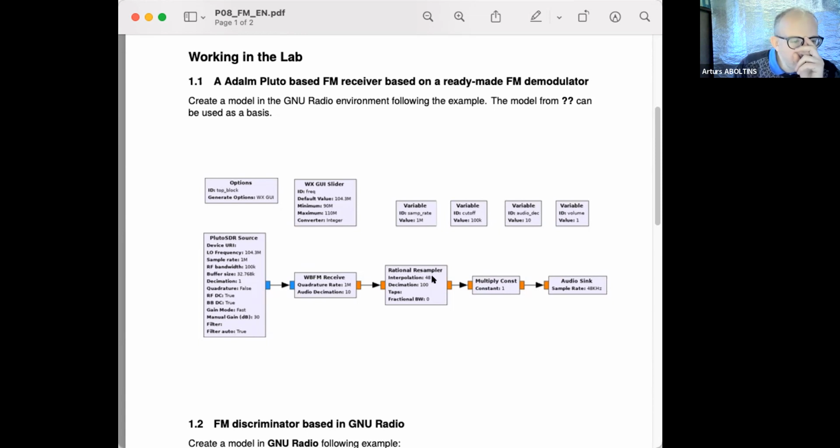So this is 48 times interpolation and 100 times decimation. So we go to 48 kilohertz and go to audio. This multiply const is in fact also not necessary. Very simple. This is much simpler than what you can find on the internet. Yes, it is a simplified and